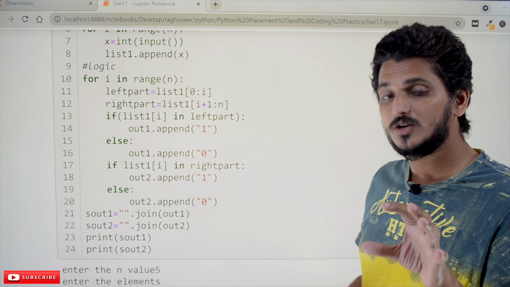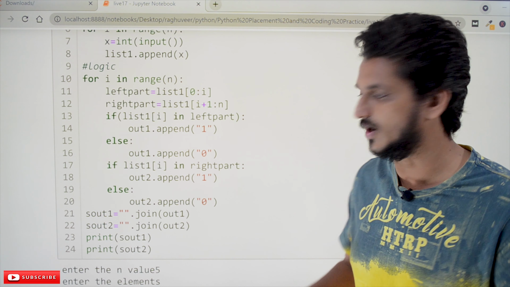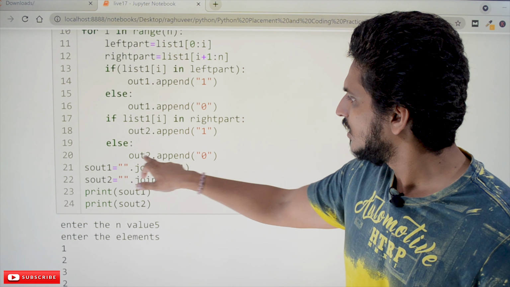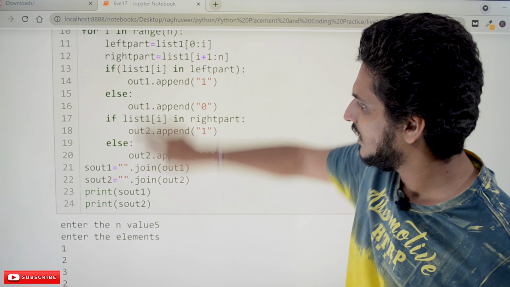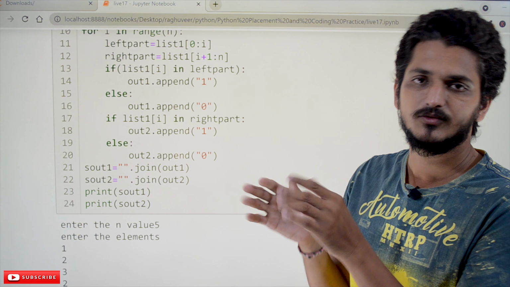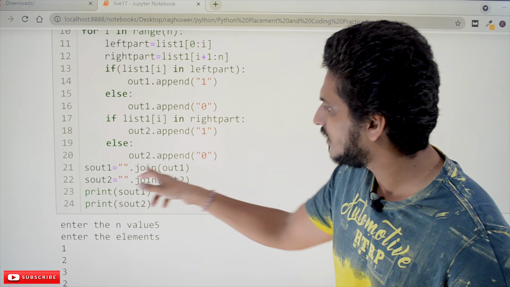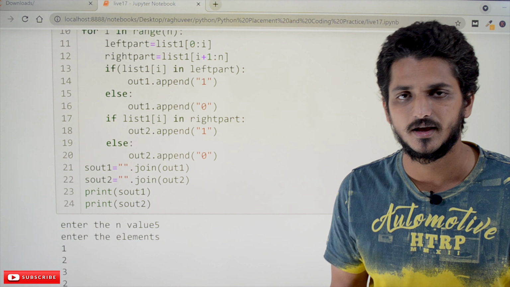But they are asking to display it in string format, as an entire string. What do we have to do for that? Up to here we are following the list. So out1 string is equal to quotations without any space, dot join of out1. We are converting it into string format.